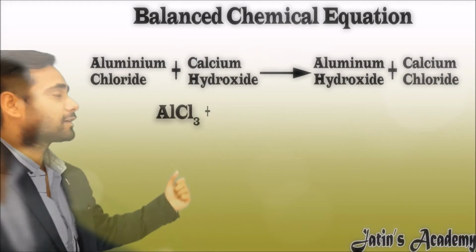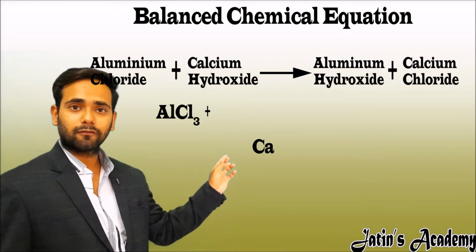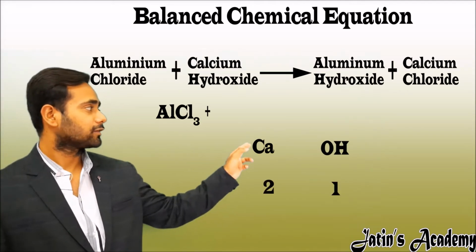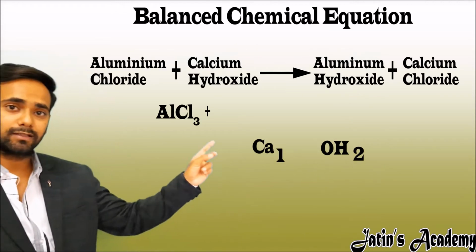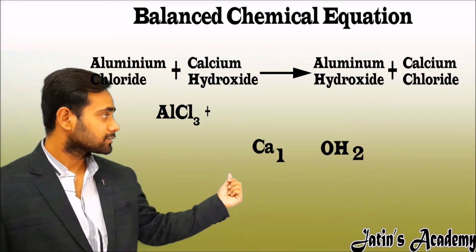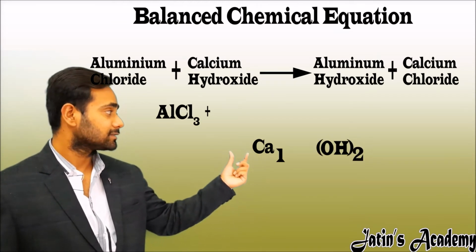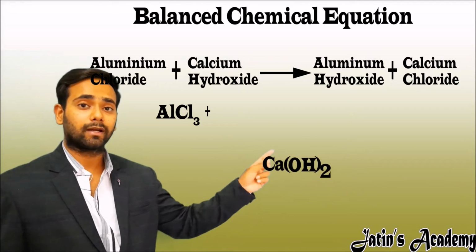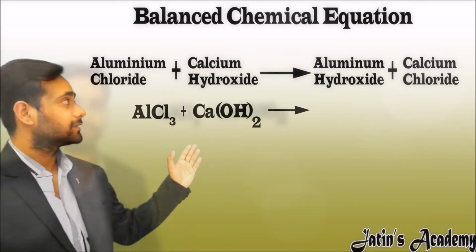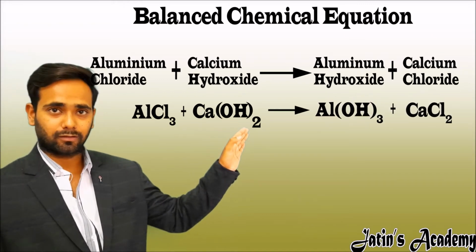On the other side, we have calcium hydroxide. We know the symbol of calcium is Ca and the symbol of hydroxide is OH. Now write the valency below the symbols. Calcium valency is 2, hydroxide valency is 1. Now crisscross the valency. Note one thing: while crisscrossing, the 2 is going to both O and H. So we have to apply a bracket because this 2 goes to the subscript of O and H, that is 2 elements. For 2 elements we have to make a bracket. Now in the same way, you can make the formulas of aluminium hydroxide and calcium chloride.